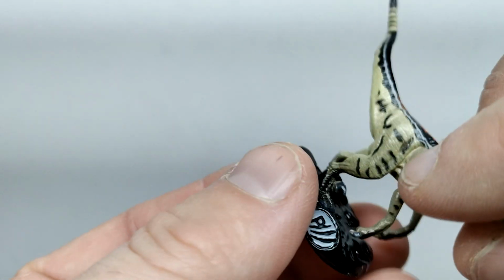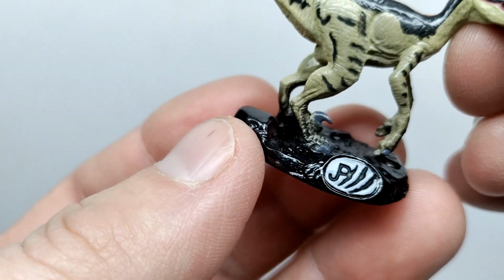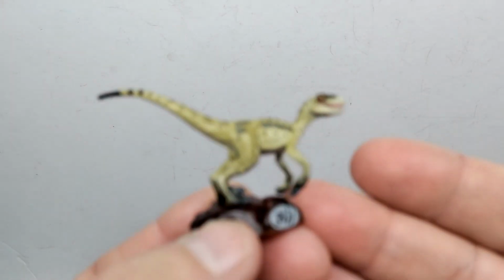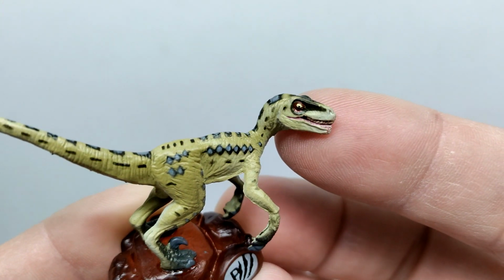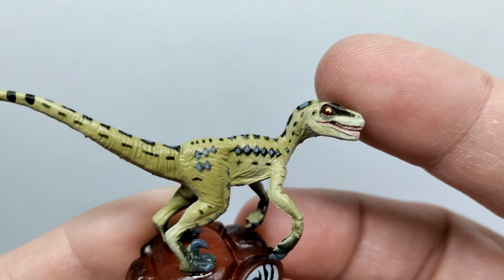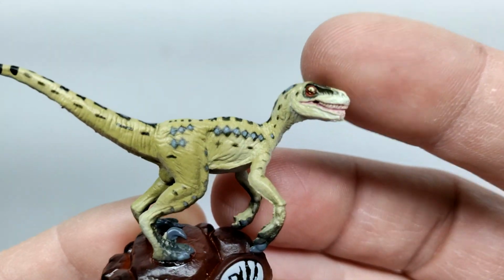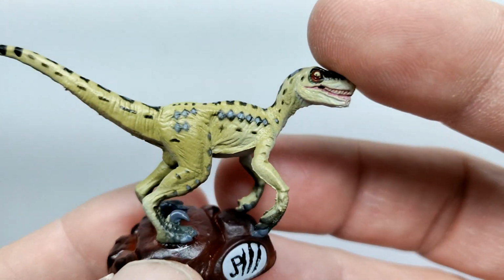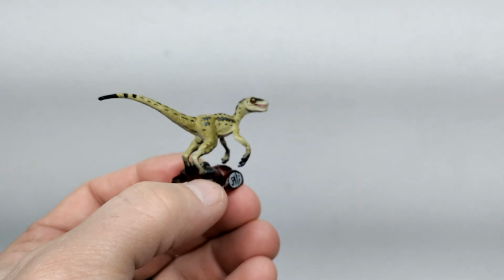And we have a pretty decent base, nothing overly flashy, but we do have that JP3 logo right there. And as far as having the Velociraptors, we have the male, but we of course have the female raptor as well. And you can see it looks very nice as far as the sculpt goes. The paintwork isn't what I would call absolutely picture perfect, but it does look pretty cool. And considering this is a mini and is very small, which as you can see when I kind of...